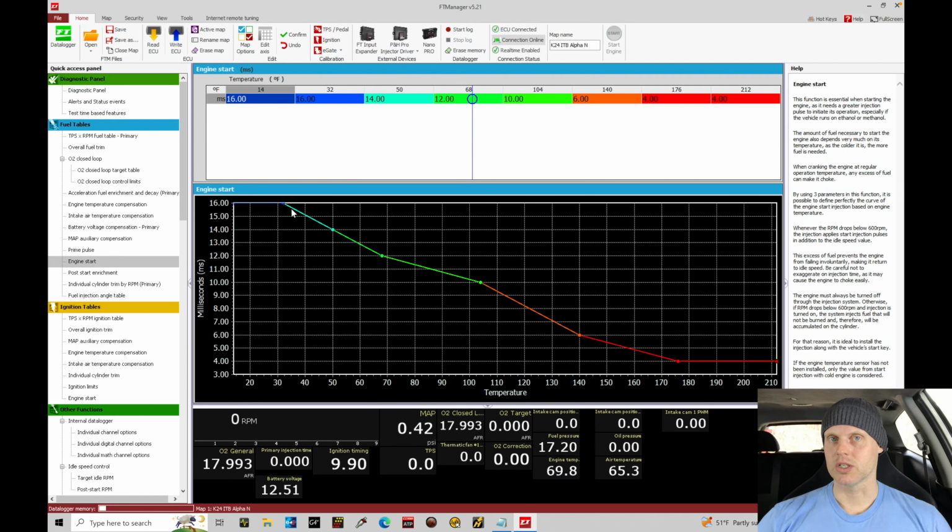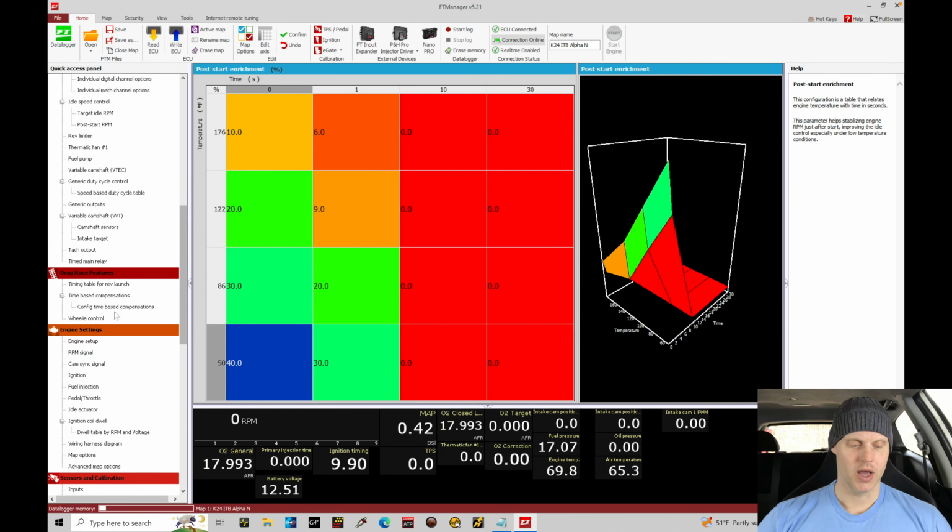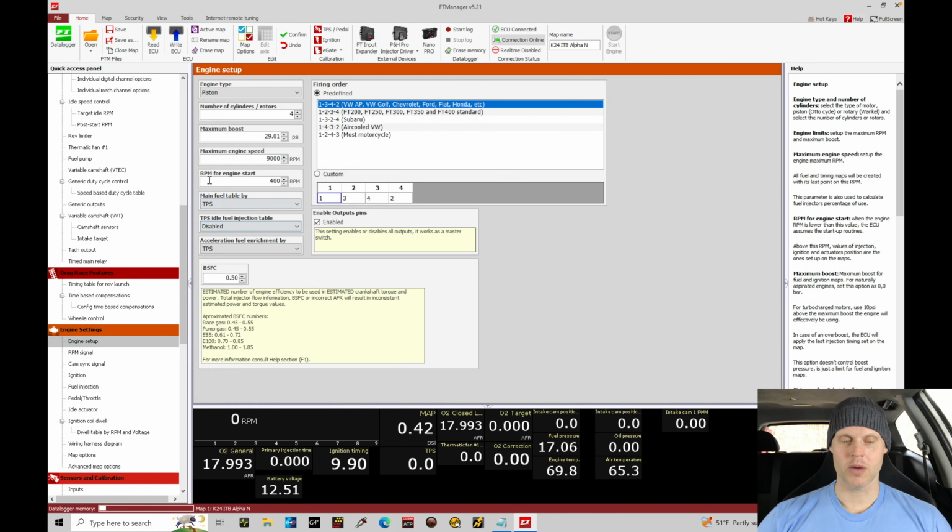Now, once it actually cranks and fires, it transitions into the post start. That's going to be found here in the post start enrichment. Now, the way this table is shaped, it goes at 0 seconds. That's when we exit the 400 RPM threshold. We can see that's found here under engine setup, RPM for engine start. So below 400 RPM, as the engine's cranking over and we're getting our trigger signal, it's using the cranking fuel and the cranking spark, and then above this threshold, it transitions into the